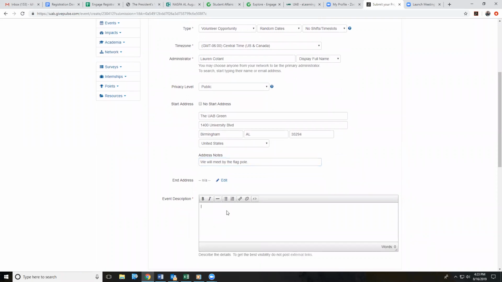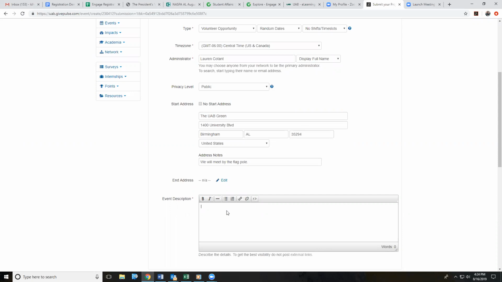Your event description should be a very thorough description of what the volunteer can expect when they arrive. Start with meeting. You can share that you're going to be wearing your Serve205 t-shirt, and they can look for that to connect with you to check in upon arrival. Share with them what they need to wear. For example, our group that's going to Jones Valley Teaching Farm, do we recommend that they wear tennis shoes? Share any additional details that you feel like would be useful for them, as well as some information about the community agency. This is also where you should be sure to include parking instructions if there are any for your volunteers,